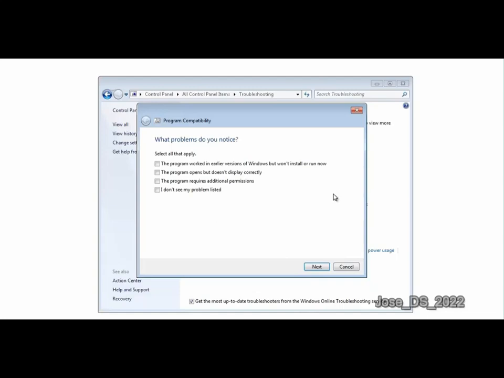Now, here is where we'll be asked several questions. And you'll see the questions here. The program, which problems did you notice? Well, the program worked in an earlier version of Windows but won't install or run. The program opens but it doesn't display correctly. The program requires additional permissions, or I don't see my problem listed. Now I'm going to select I don't see my problem listed because I happen to know that in Microsoft